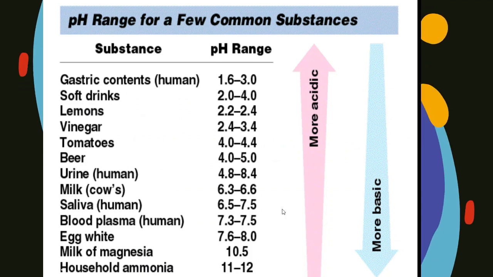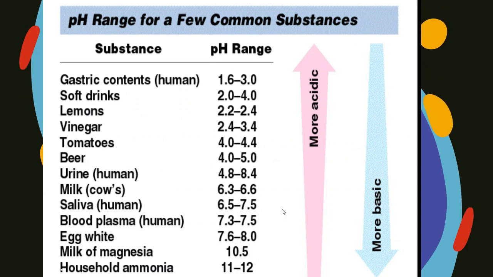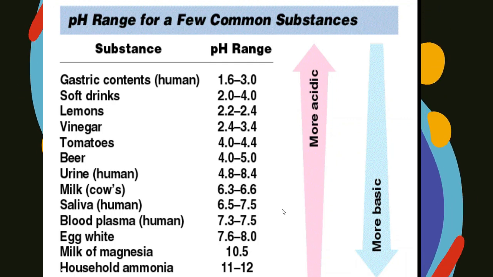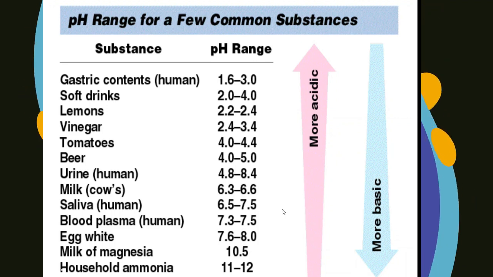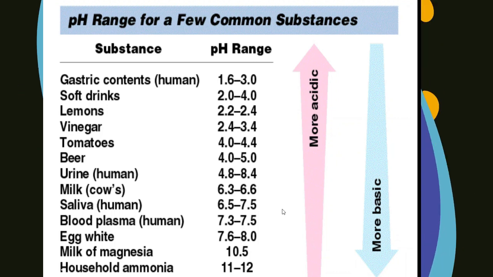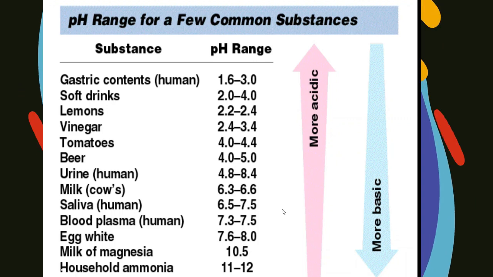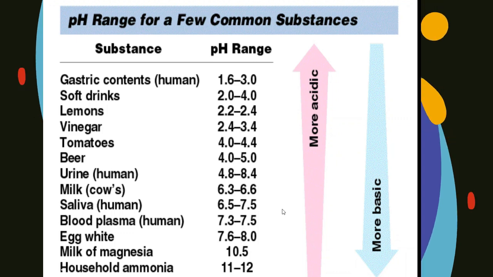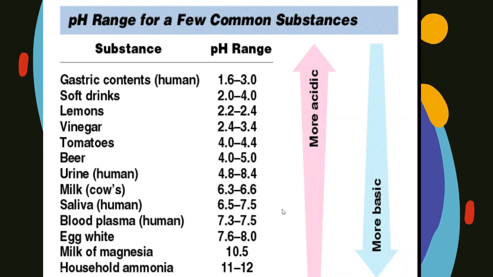Here is the pH range for a few common substances we use in our day-to-day life. Gastric contents, present in our stomach, have a pH range of 1.6 to 3, which is very acidic. Look at the arrow also. Then soft drinks are 2 to 4, lemons 2.2 to 2.4, vinegar 2.4 to 3.4, tomatoes 4 to 4.4, beer 4.4 to 5, then urine 4.8 to 8.4, cow's milk 6.3 to 6.6, saliva 6.5 to 7.5,